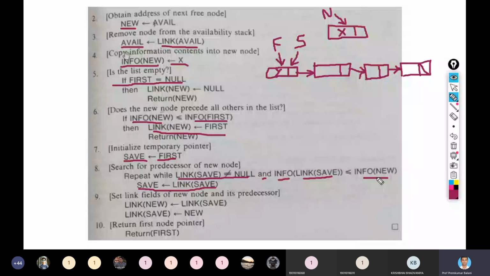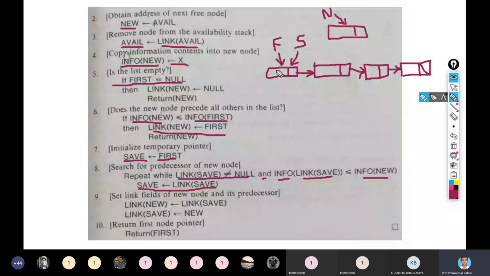Let me explain this with an example because it is a little bit complicated. Suppose I have these values.